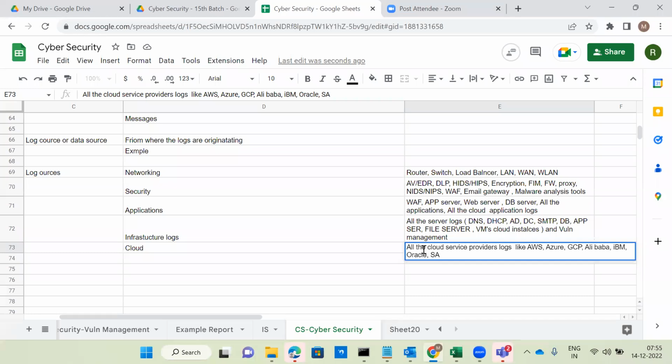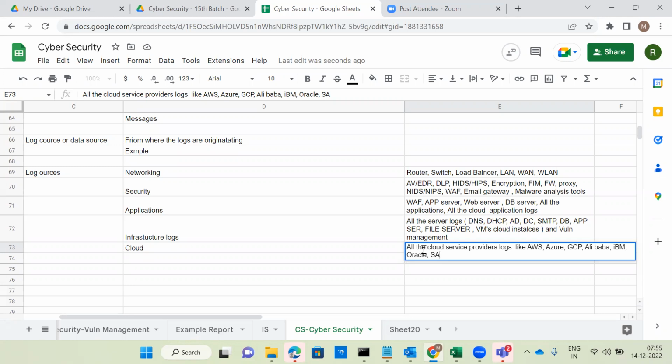Everything is SaaS based, software as a service. Meaning we pay some amount to the respective vendor and utilize the service. That is called software as a service. In future I will explain what IaaS, PaaS and SaaS are.